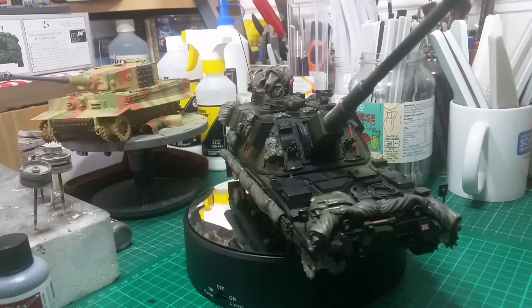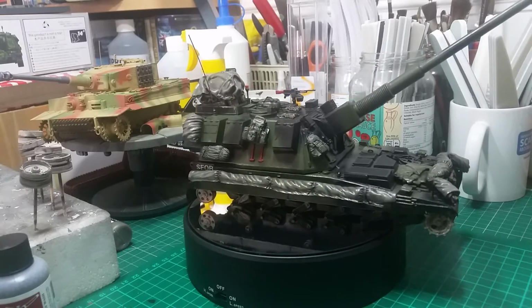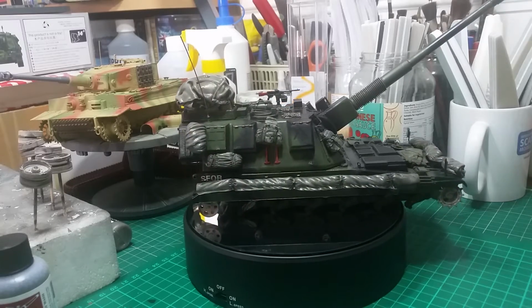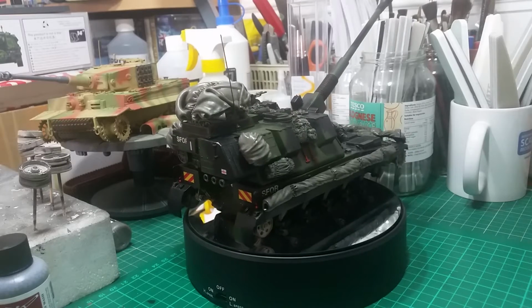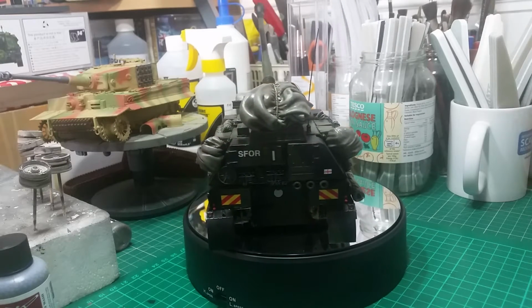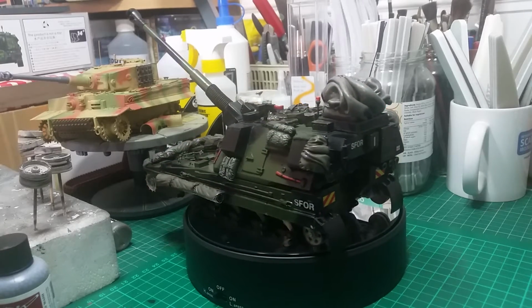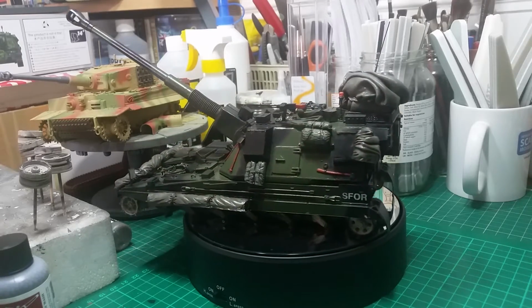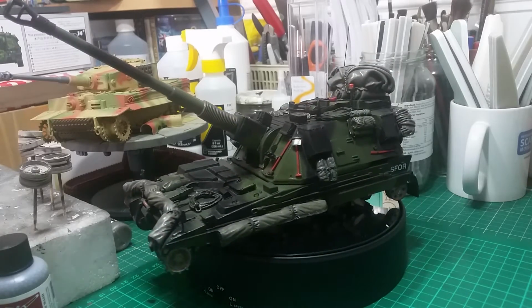I just love the way the wash has actually brought up the stowage. It's really popped up all the detail, as you can see there. And I have, as I say, gone over there with the graphite pencil on some of the surfaces just to give that sort of worn, torn look, very subtly, especially on the grills on the front of the vehicle. And as I say, I'm pretty happy, and I've also added UMP's